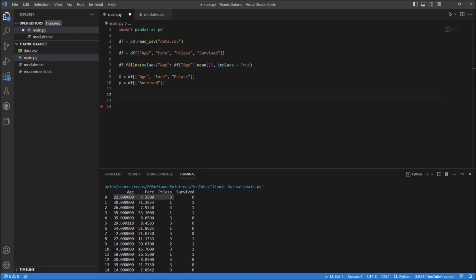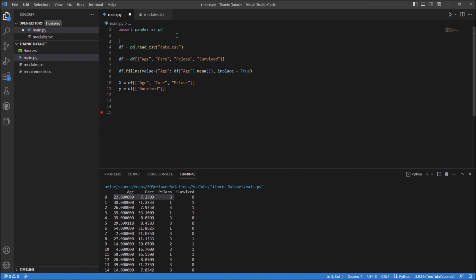And to do that, I'm going to use a scikit-learn module, and you're going to do from sklearn.model_selection import train_test_split. So that's the method we're going to be using, and it returns 4 things, and the order and what those things are: you've got x_train and then x_test and then y_train and then y_test,